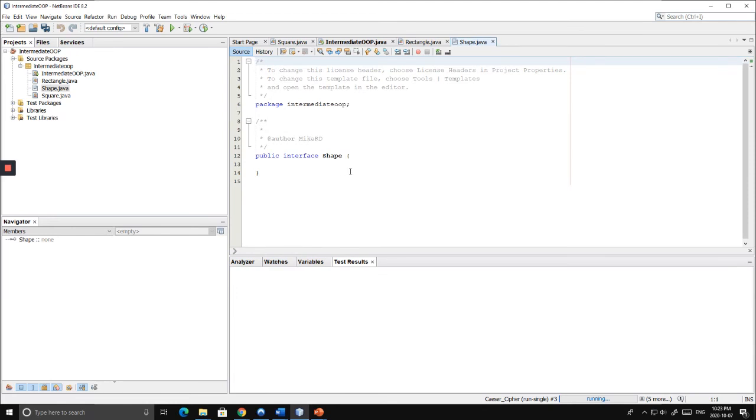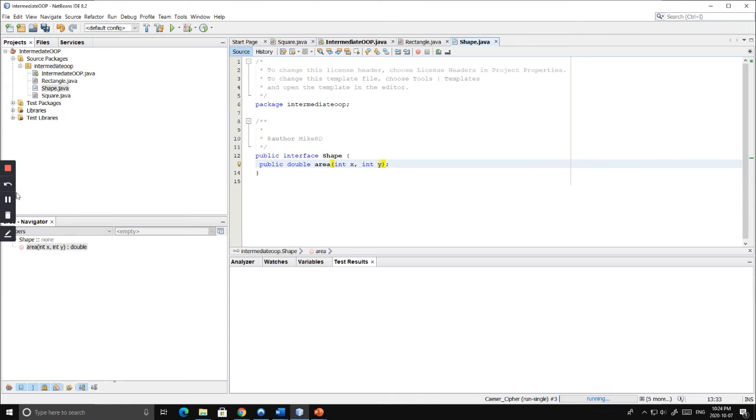And if you remember, the properties of an interface are that I cannot have variables. Not happy. But I can have methods. So what would be common for every shape? Well, maybe I want to have an area method, and the area method is going to take in 2 integers. That would not be very good, but let's just say every shape has to have an area method, and it has to have those 2 things. Or